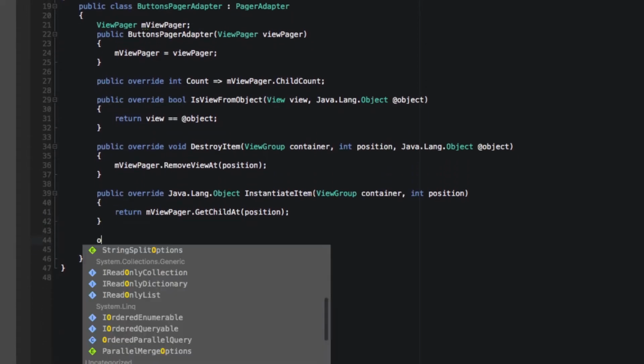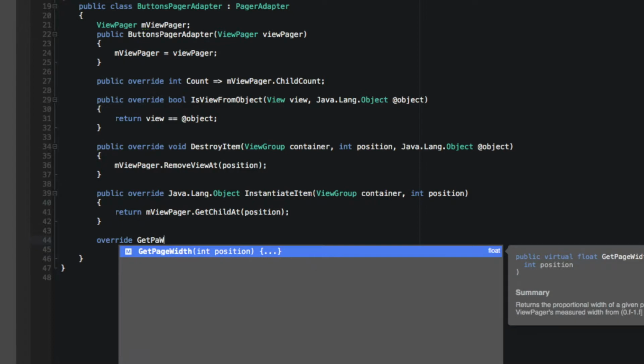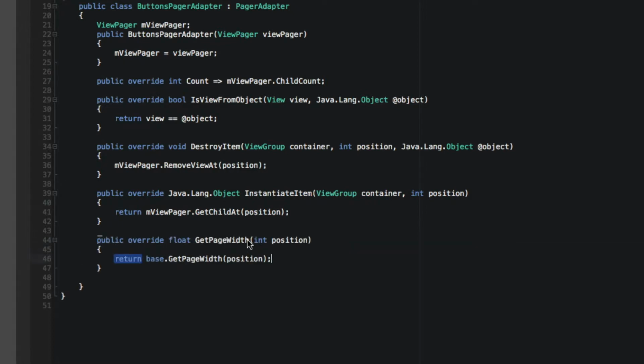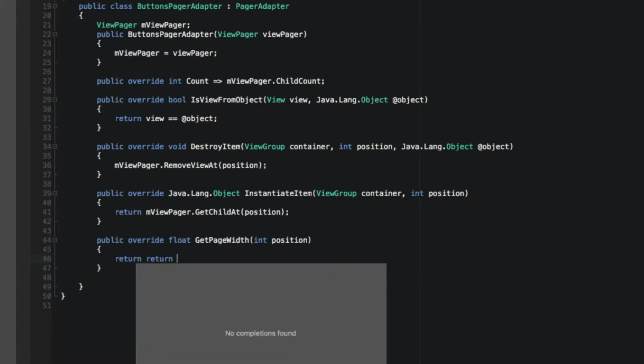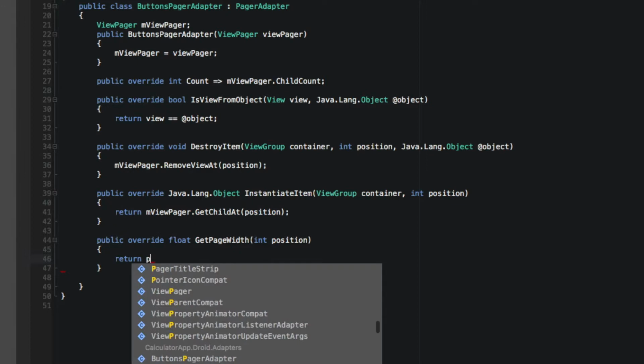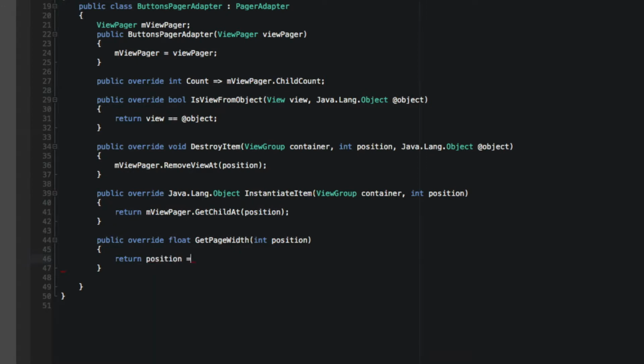And we're going to override get page width. And we're just going to use a conditional statement. So if the position is equal to 1, then return 7.0f floating divided by 9.0f floating, else just return a 1 floating point number. So that's it for our buttons